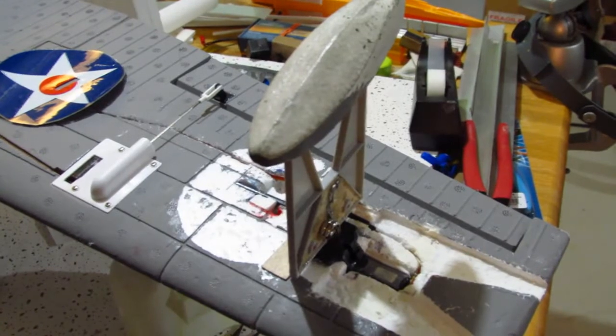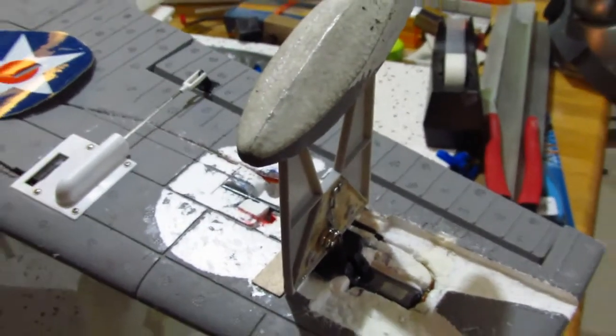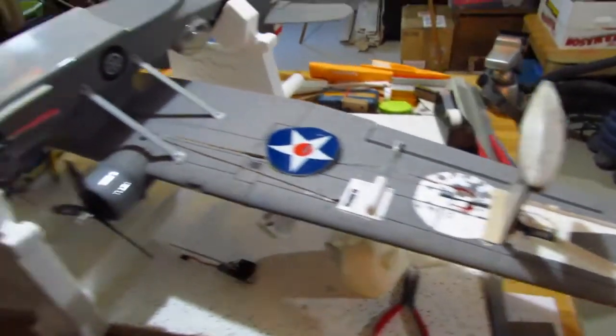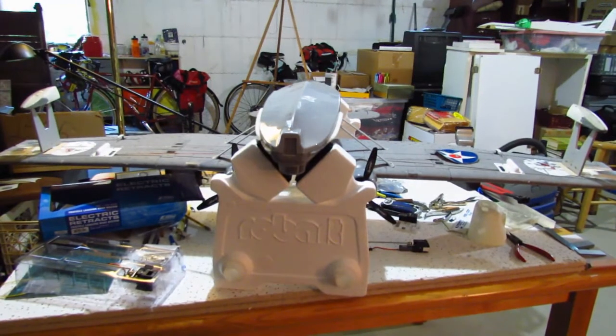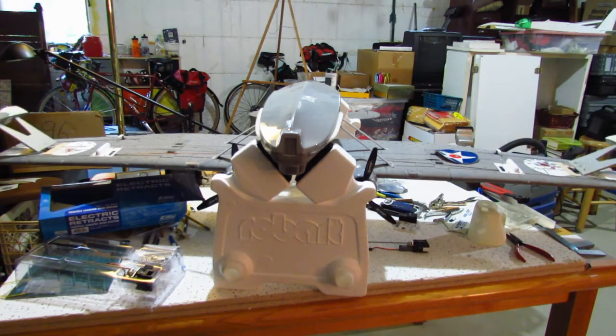That's aviation for you. So upside down, you can see both retracts, and let's say I was flying inverted and I wanted to raise my landing gear. That's what it would look like. Pretty ridiculous, I know. Anyway,